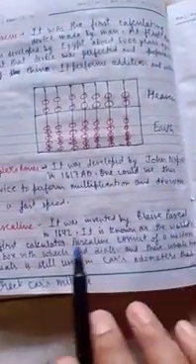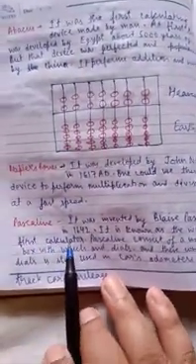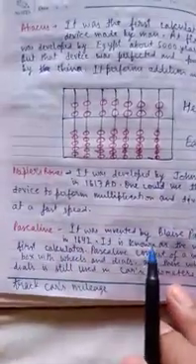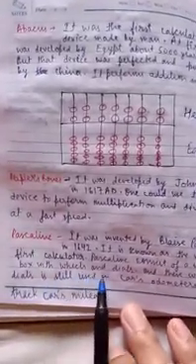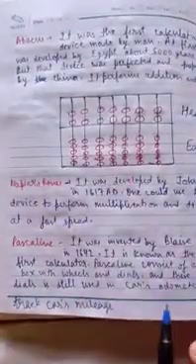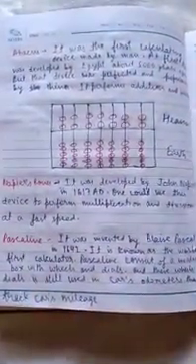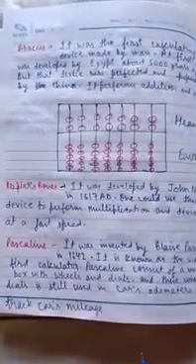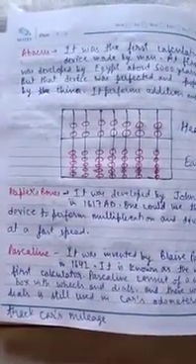Third is Pascaline. Pascaline was invented by Blaise Pascal in 1642. It is known as the world's first calculator. Pascaline consisted of a wooden box having wheels and dials, and these wheels and dials are also used in the present time in car odometers that track the car's mileage. To calculate the distance of the car, the car's odometer is used. And Pascaline was used to add and subtract large numbers extremely quickly.